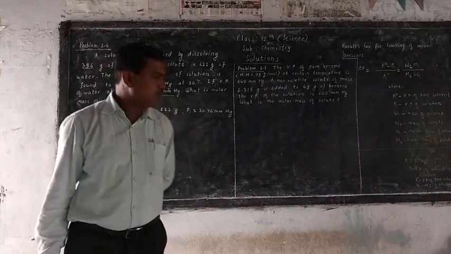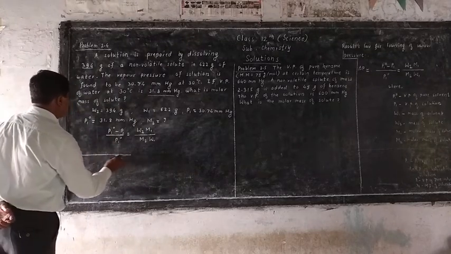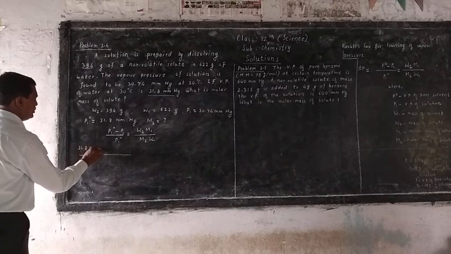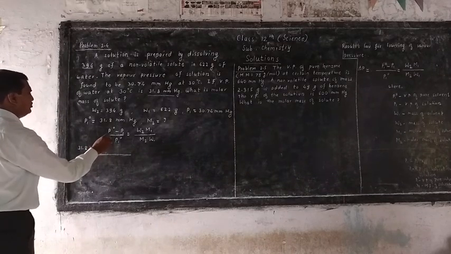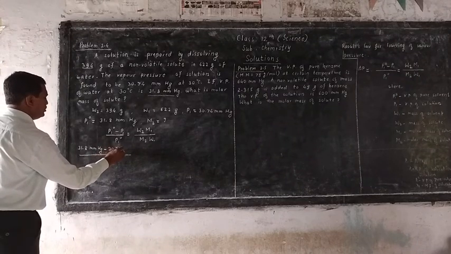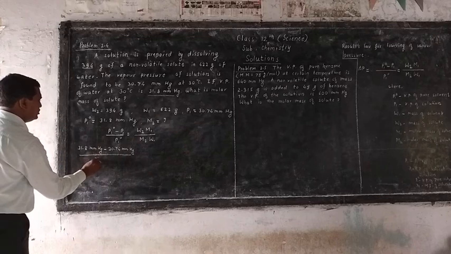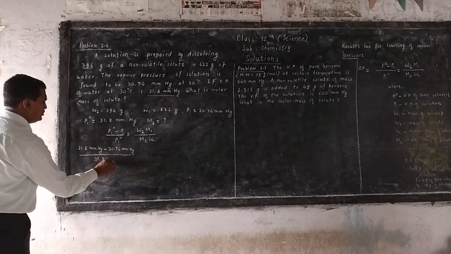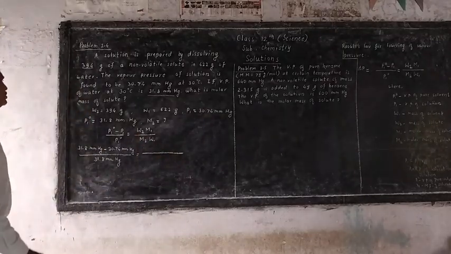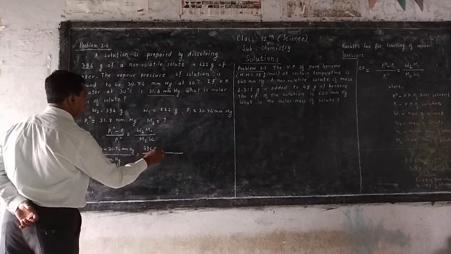By substituting we will get here, P10 is 31.8 mm of mercury, then P1 is 30.74 mm of mercury, then P10 is 31.8 mm of mercury, then here W2 is 3.94 gram into